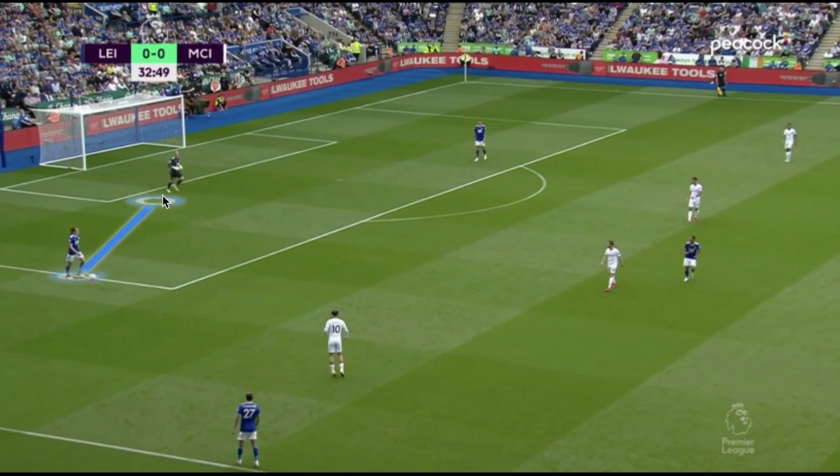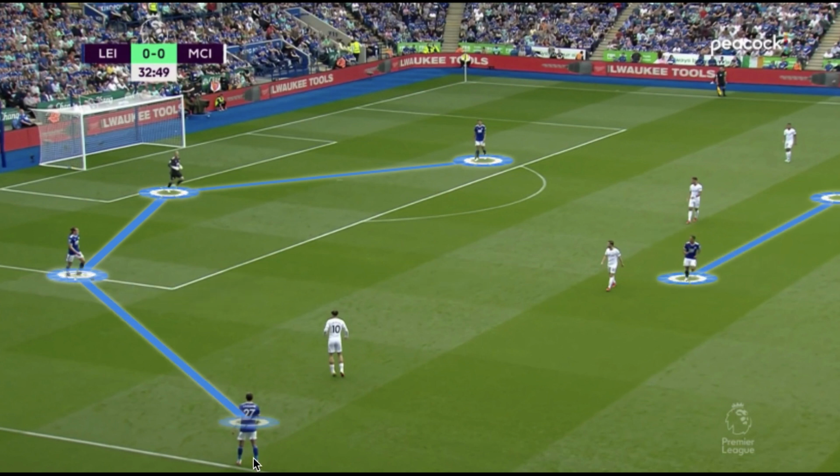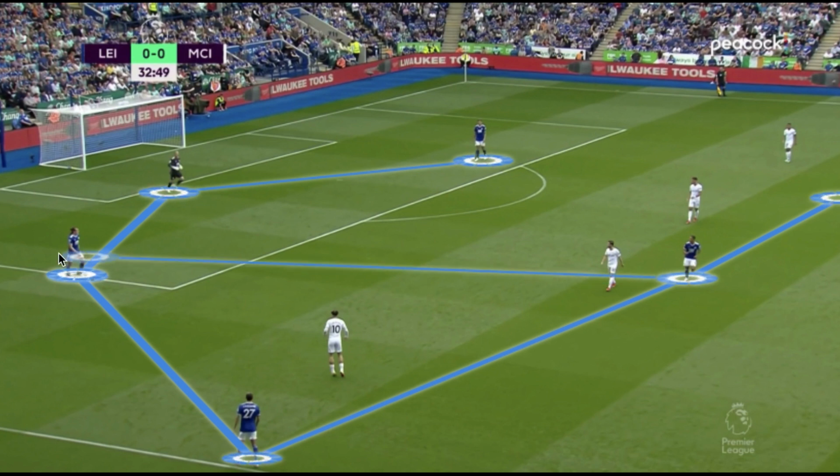When Leicester City were in possession, Schmeichel split both of their central defenders, creating a makeshift back three, and the two holding midfielders for Leicester created these press-resistant wide structures that Manchester City looked to press very intensely right from the start. So Grealish, Bernardo Silva, Ferran Torres, and Gabriel Jesus would make up their front four, and they'd play